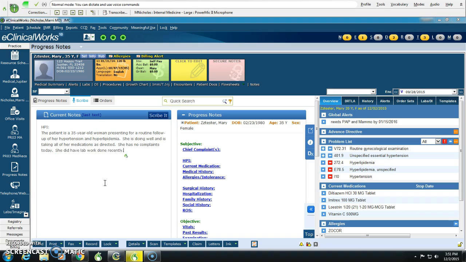Her LDL was above goal at 170. She states she is following a low-fat, low cholesterol diet. She has tried taking simvastatin in the past, but had severe muscle aches. She otherwise is doing well and has no acute complaints. Next line. Medical history: hypertension, hyperlipidemia. Social history: